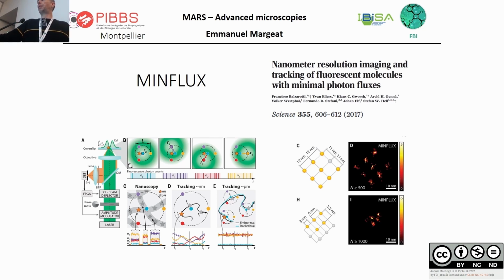And this is the type of image that you can get from DNA origami, for example, with one nanometer localization precision. So this works well, but it's quite difficult to implement, actually, from a hardware point of view. Commercial solutions exist, but they are super expensive. And so